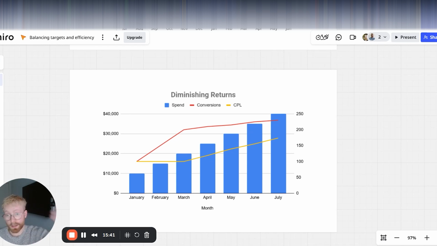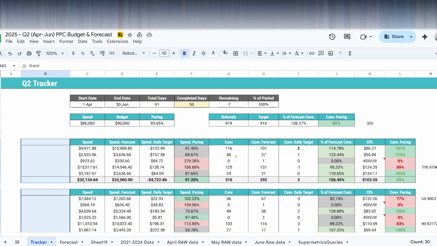And you can continue to spend more and more, and you'll see that CPL just continue to rise, because more and more people are going to spend more, and the pool of available leads starts to diminish. Therefore, diminishing returns occur and cost per lead increases. So that was the dilemma for this client, essentially. It's not as simple as saying CPL is constant. It's not stable. CPL always rises when you try to spend more because of that. So now let me show you the